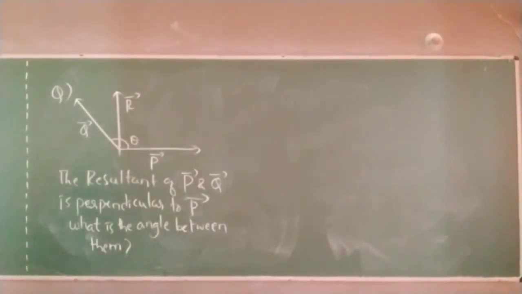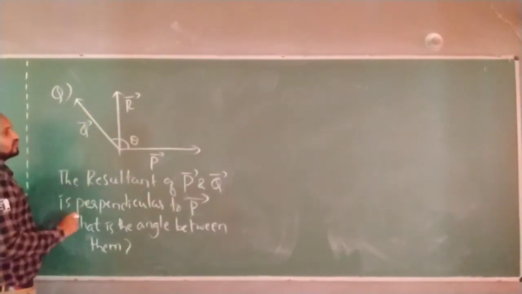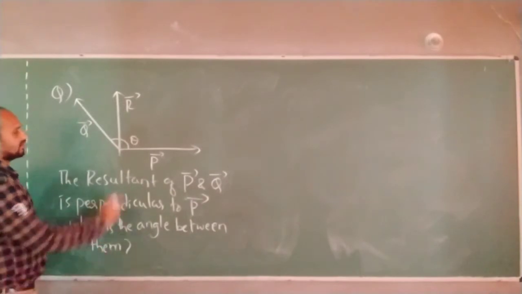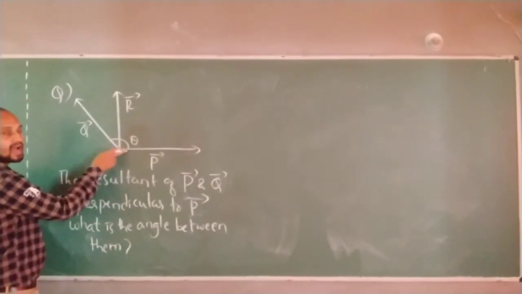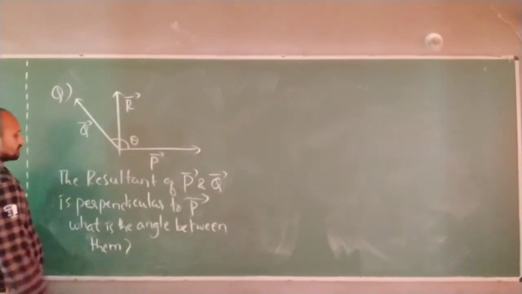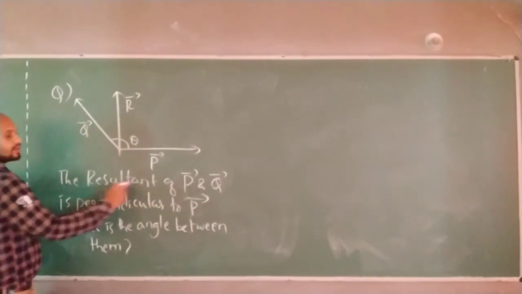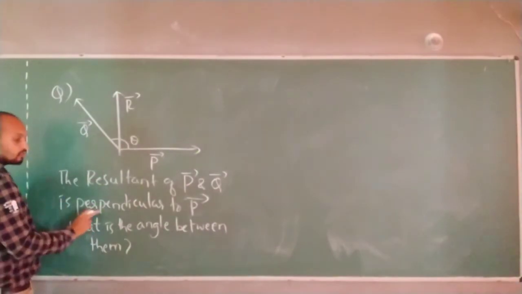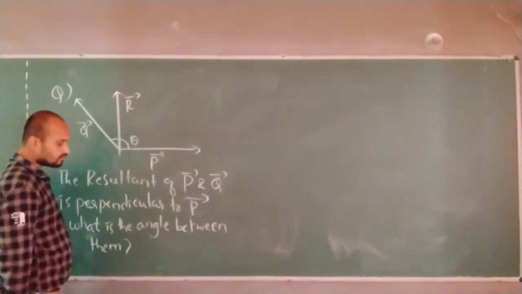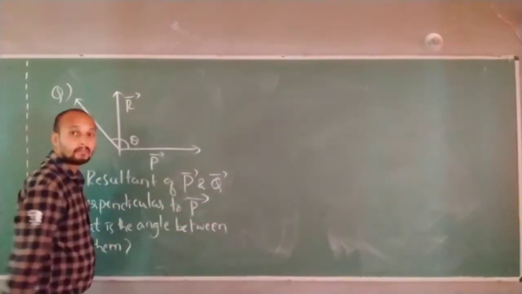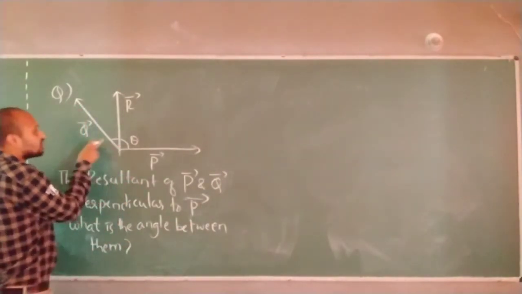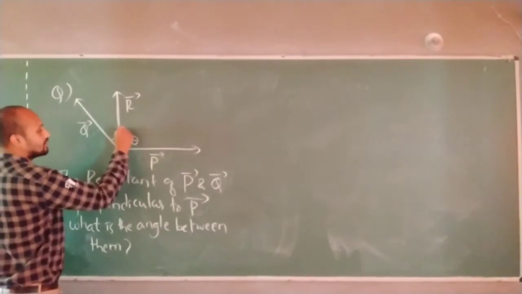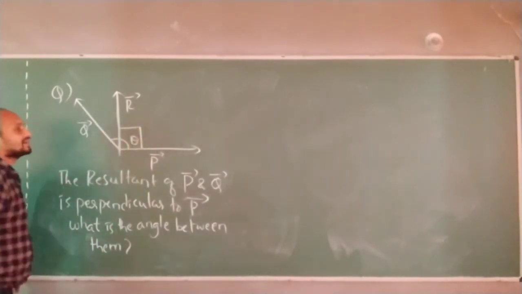See, one question we have. Here is the direction of q vector. Here is the direction of p vector. This is the direction of the resultant vector. And this is the angle between two vectors, that is p and q. The question: the resultant of p and q vector is perpendicular to q vector. Sorry, it is perpendicular to p vector. The resultant of these two vectors, that is r, is perpendicular to p vector. That means this angle is 90 degrees.